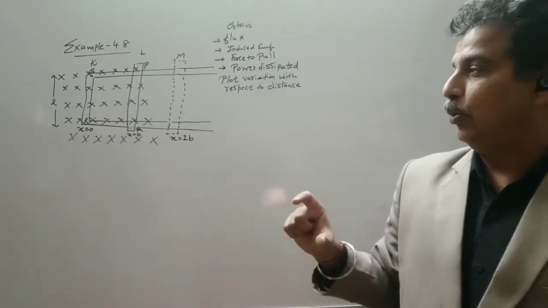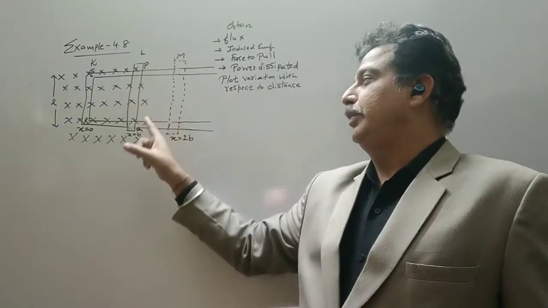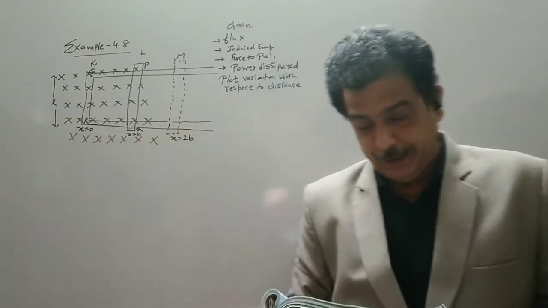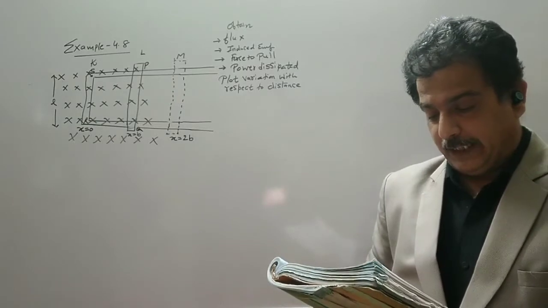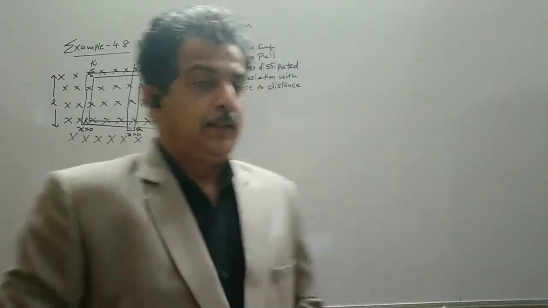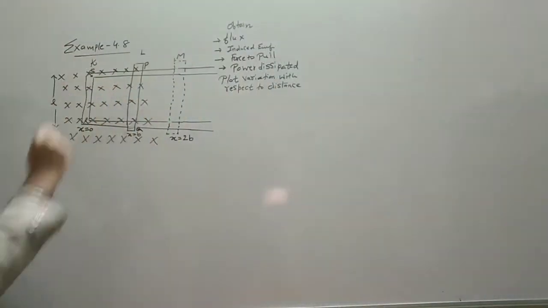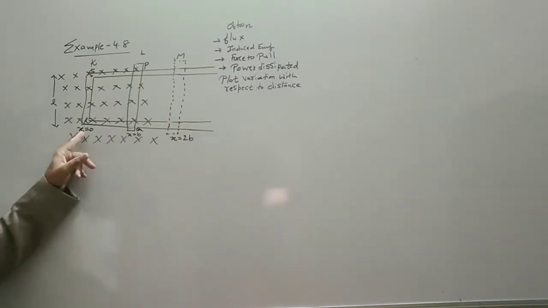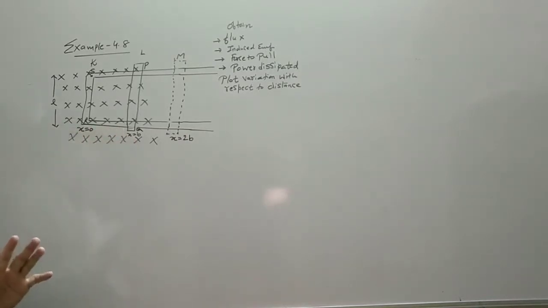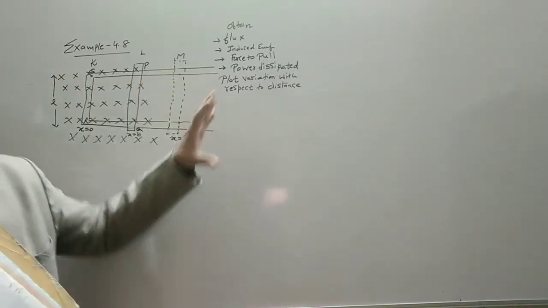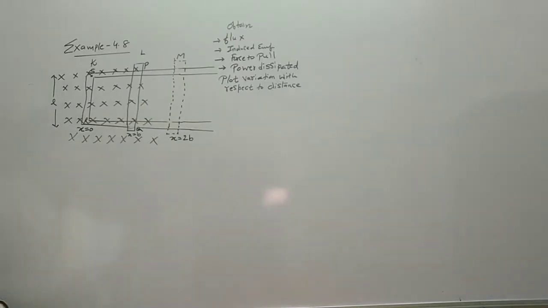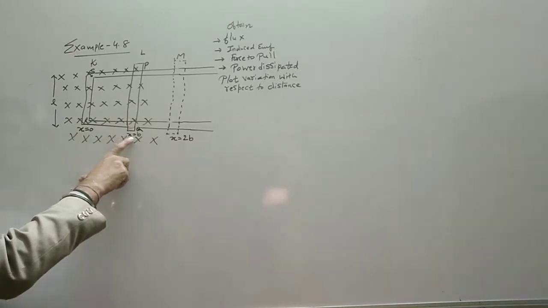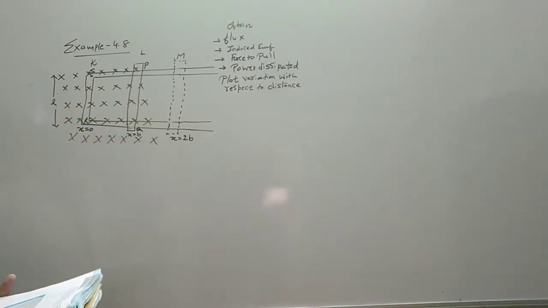So the rod is moved. In the question it is given that the rod PQ is moved from 0 to b and then b to 2b. The magnetic field is perpendicular to the plane. So the magnetic field lines are going into the plane, or into the board, and it extends from x equal to 0 to x equal to b. So the entire frame is not inside the magnetic field. The magnetic field is from x equal to 0 to x equal to b only.